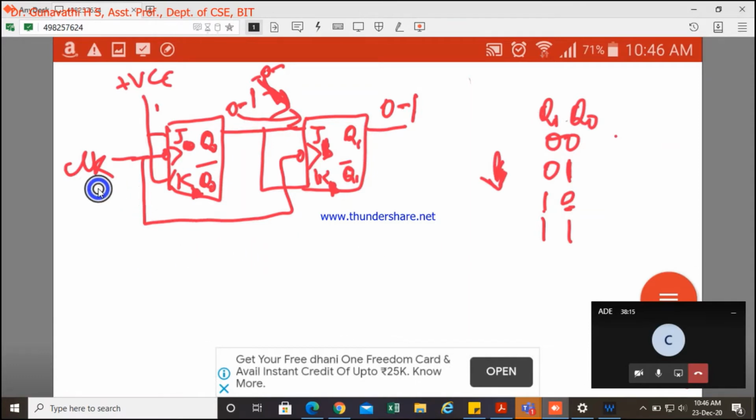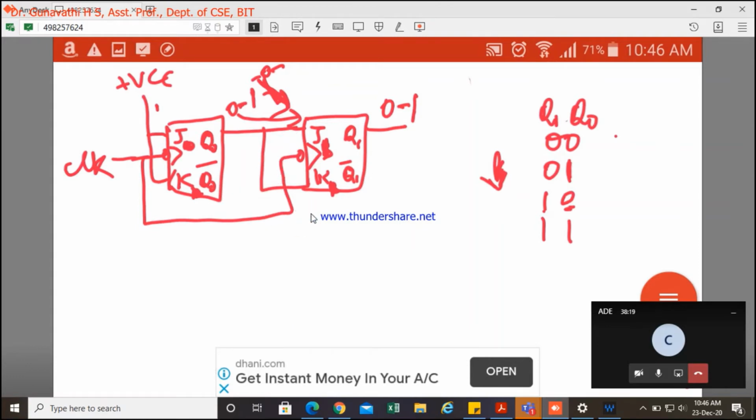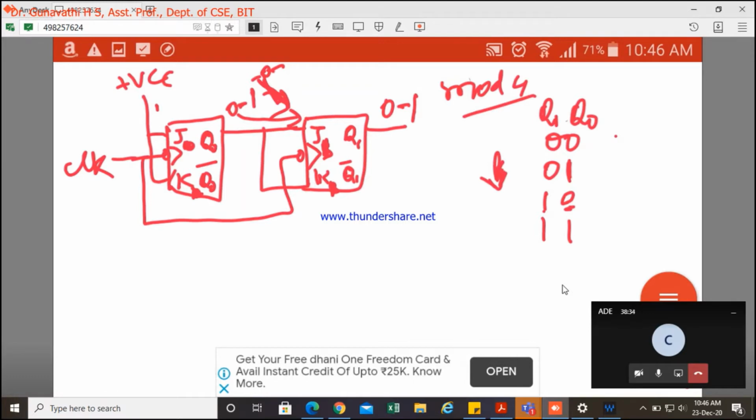In a synchronous counter, the clock is provided simultaneously to all stages of the flip-flops. Now we are restricting our input based on the count which we need to design. By default, with 2 flip-flops we can design mod 4. If you want to design a different one, then we need to design the J0 K0, J1 K1 inputs. The input cannot be the same for a different mod, so you have to design it.